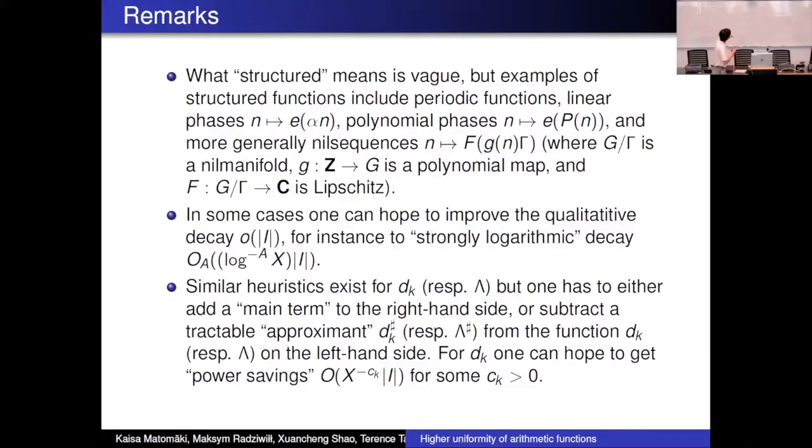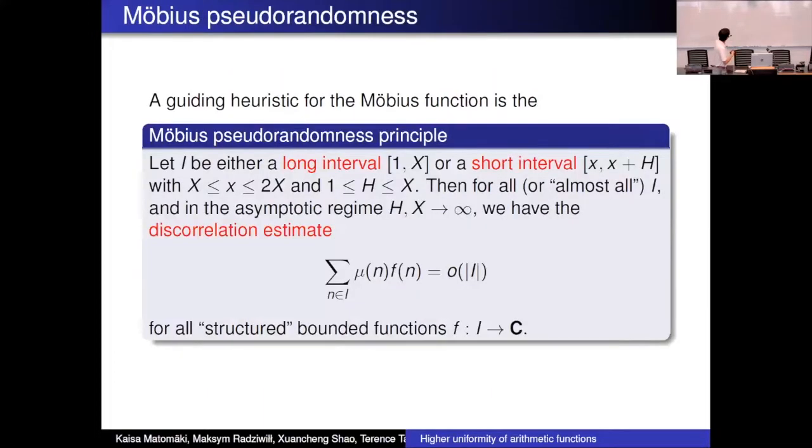Now, I phrased this principle for the Mobius function where it is the easiest to state. You can also put in the Liouville function and you get basically the exact same principle. If you try to write down an analogous principle for the divisor function or the Mangoldt function, it's more complicated because those functions are non-negative, and you don't always expect this correlation. For example, if f is 1 and you have, say, the Mangoldt function here, then of course you should get some positive thing on the right. There should be a main term. So if you put in some other arithmetic function here, you'd expect the main term, and what the main term is depends on f.